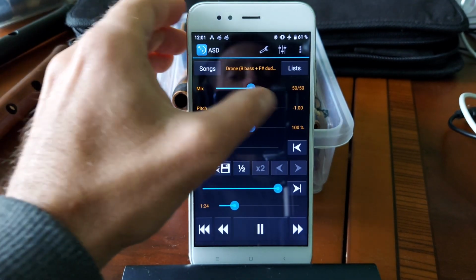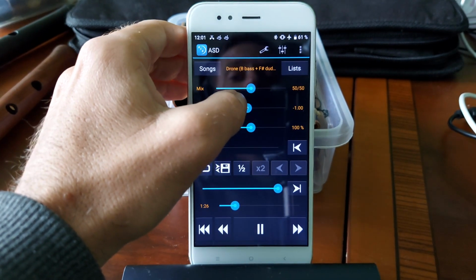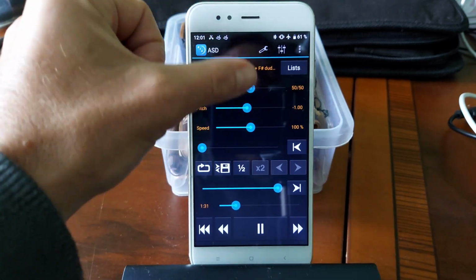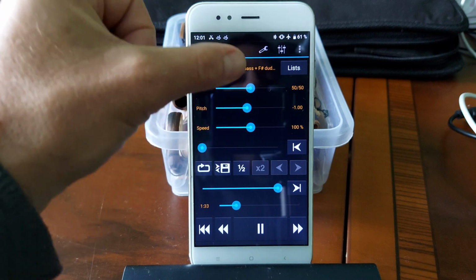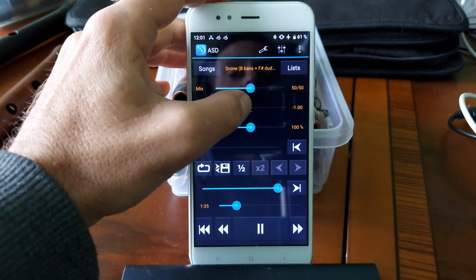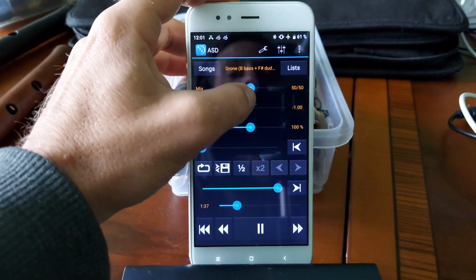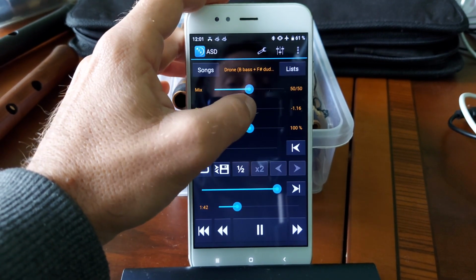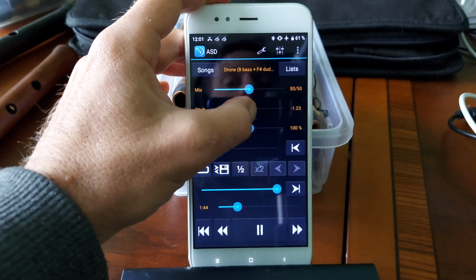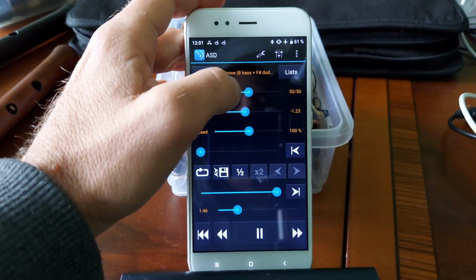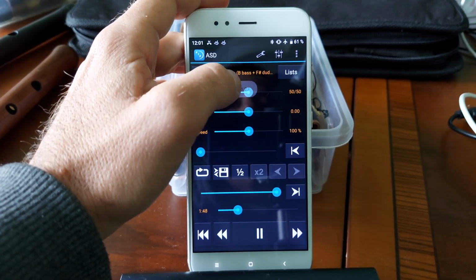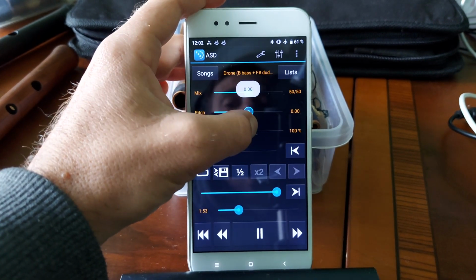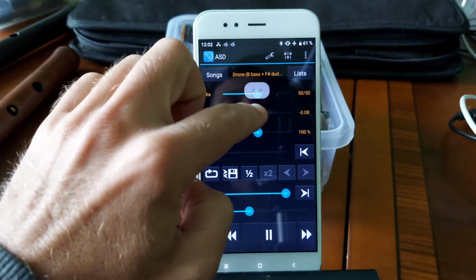You can move it left and right with your finger in semitones, or you can move it up and down vertically, and then you will change it in cents. You see, minus 116, minus 123, and so on. If you double click, you will get back to 0. And from 0 you can also move it like that.